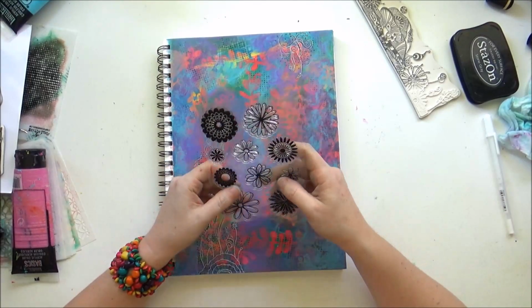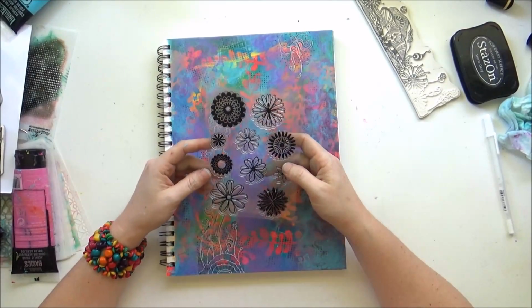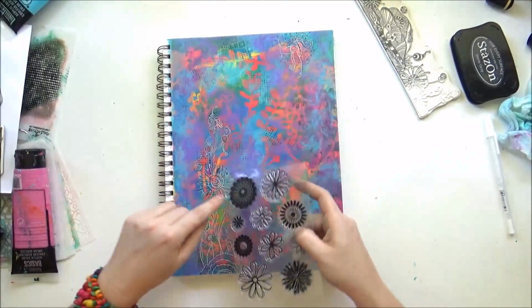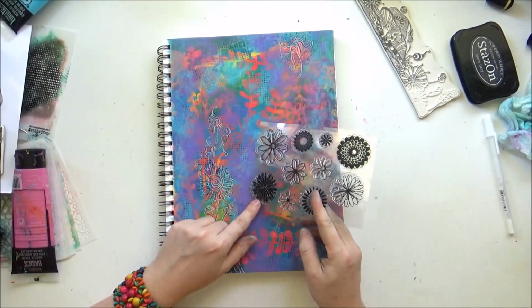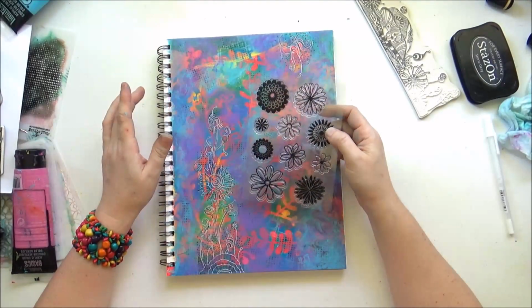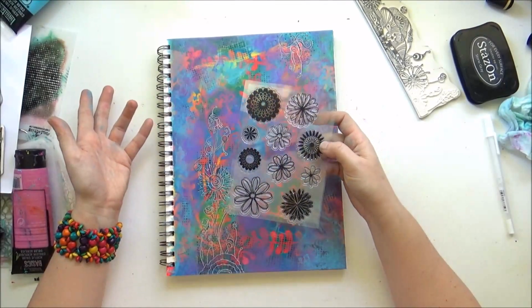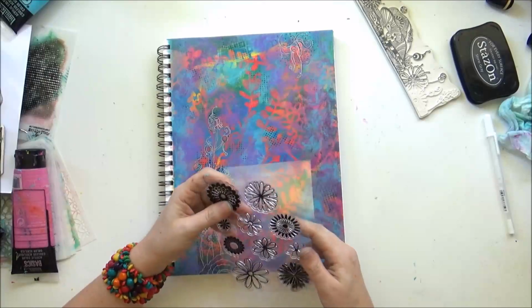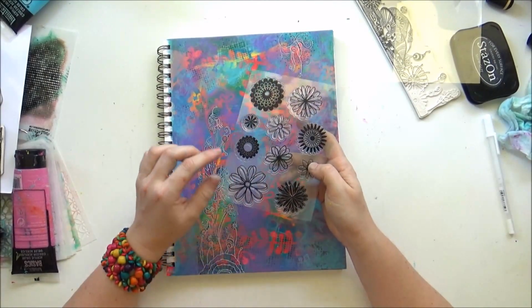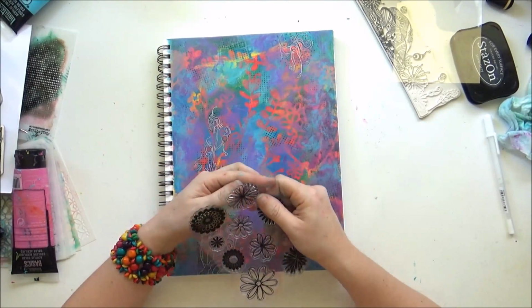Actually, my eyes just went over to this stamp sheet, and I thought that would be pretty cool to use because it's a sort of flower theme, and these flowers are sort of, well, that one's slightly similar. They sort of echo the theme a little bit, so why not try to create some kind of a border using those? You might not think that you can, but you can pretty much do this with most stamps just by using part of the design and repeating it all around. So for instance, we could start with this one,